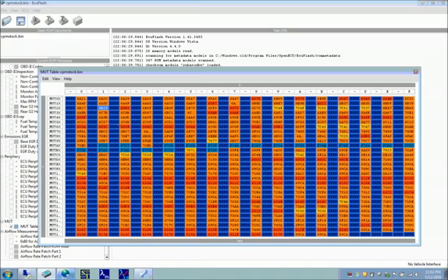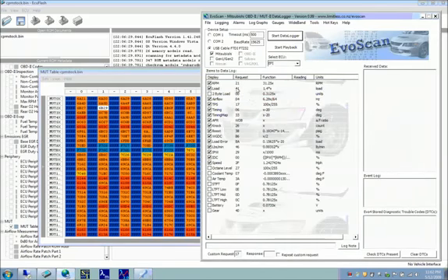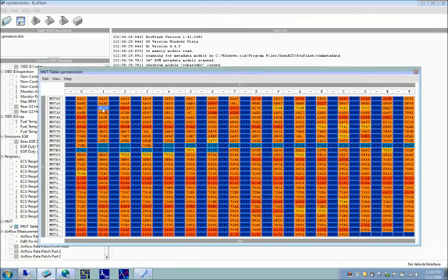So all EvoScan is doing is saying, whatever is in MUT21, I'm going to assume that that's RPM. If we go in here and we change MUT21, it won't be logging RPM anymore. It'll be logging some other value, some other memory address in the ROM. So 6B29 is